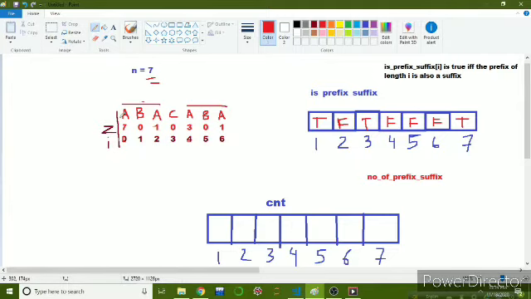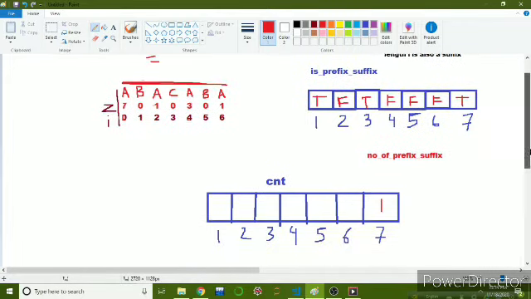So at first we will traverse this Z array, and if this value 7 is present here, that means starting from this index the prefix of length 7 is present. So if 7 is here, we will go to the index 7 and we will increment the value at index 7. Initially all the values will be 0, so we have found a 7. That means we have the prefix of length 7. We have found the prefix of length 7 one time till now. So we will go to index 7 and set here 1.